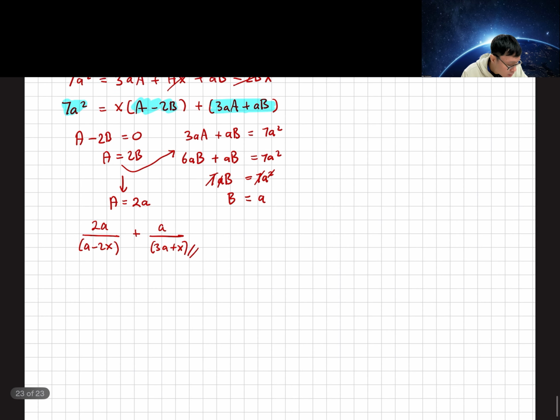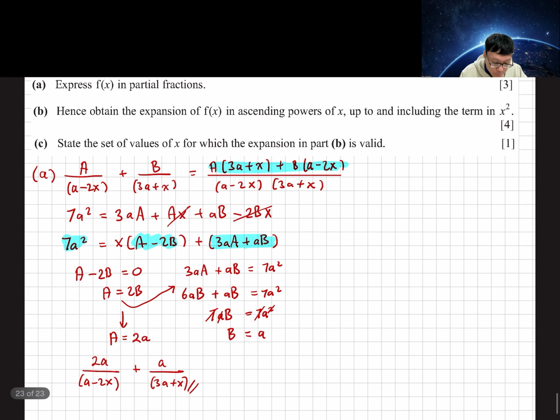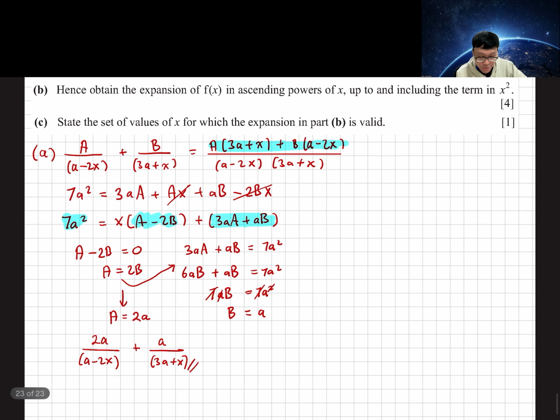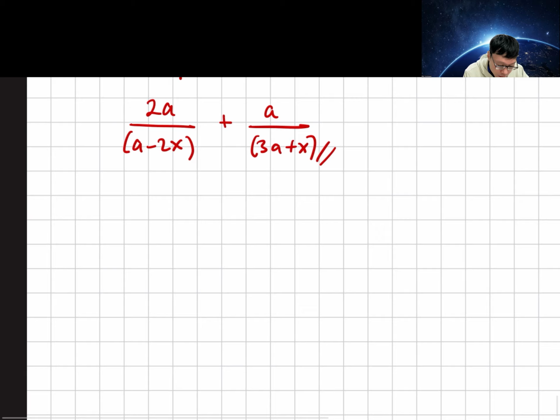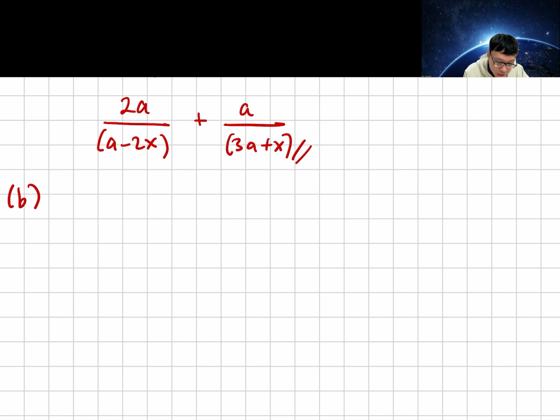Now, move on to the second question. Obtain the expansion of f(x) in ascending powers of x up to and including the term in x squared. So, we want to expand this. We can rewrite this as 2a times (a minus 2x) exponent minus 1 plus a times (3a plus x)